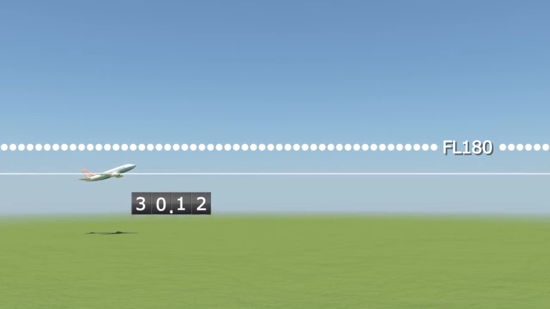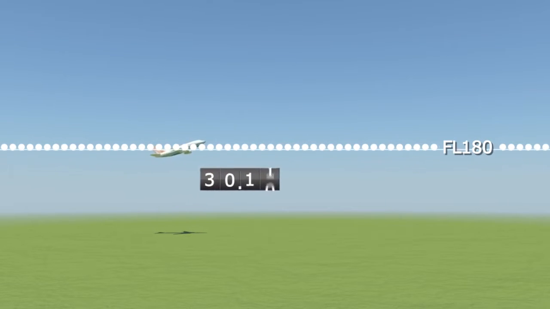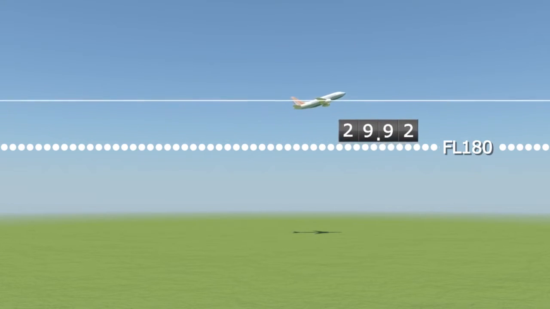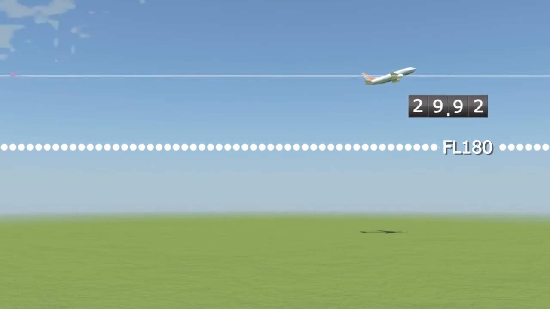Finally, when operating in Class A or any time above 18,000 feet MSL, make sure to reset the altimeter setting to 2